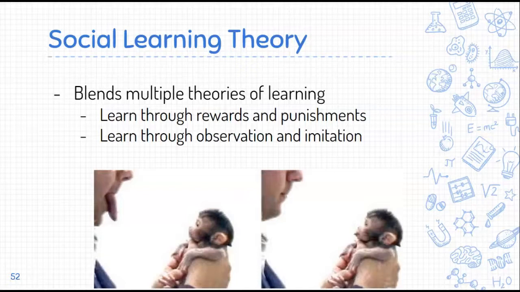All right, so let's actually get into the content of what we're looking at here. If you've already looked at your terms, you probably already saw Bandura's social learning theory. With this, it's really important to note that social learning theory blends some of the other things that we have looked at, because we learn by watching other people, by imitating people. However, we also learn by watching the operant conditioning of other people, right? I don't have to touch a hot stove myself to know I don't want to do that. If I've ever seen someone do it and pull their hand away and looked at the blisters on their hands, I think, yeah, nah, I'm not going to do that.